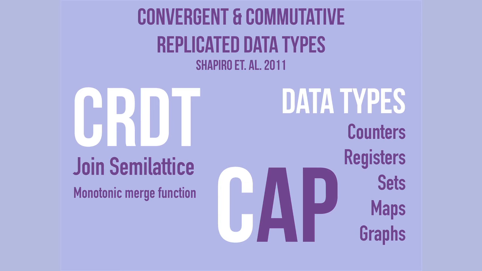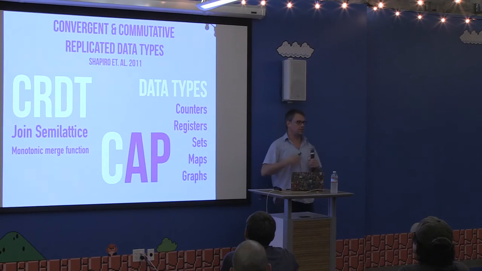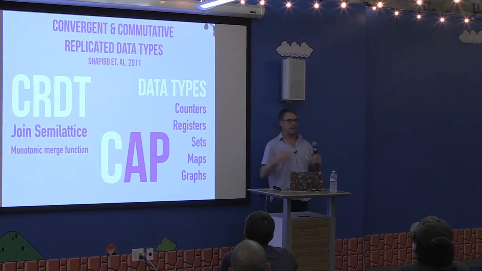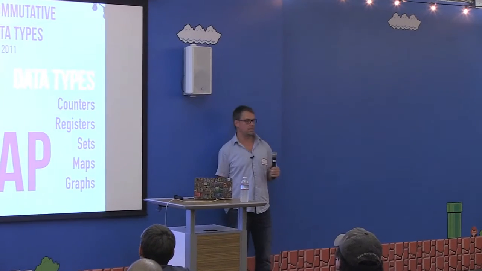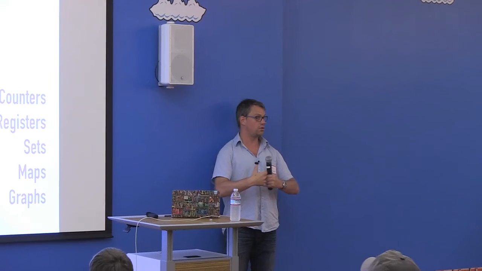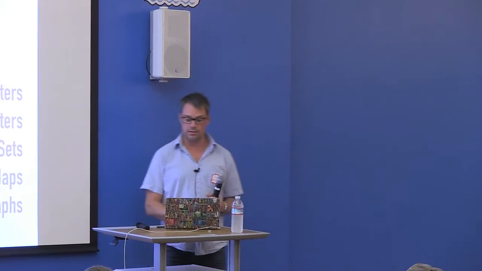It sacrifices C. But the interesting thing is that with these data types you can just update and throw them out there, and someone else can update them. And as long as they reach all replicas, they will eventually be consistent. They will eventually converge. That's sort of an amazing property. The caveat is that not all problems can be modeled using CRDTs, but for the ones that can, it simplifies things a lot.